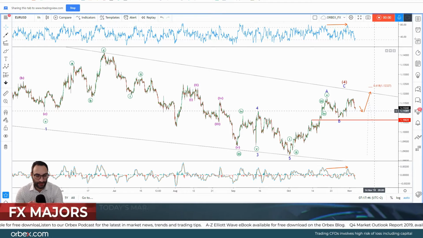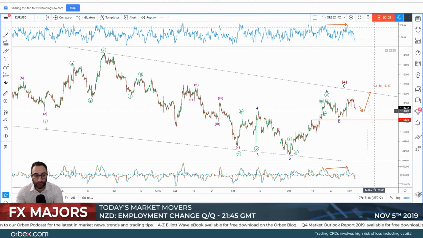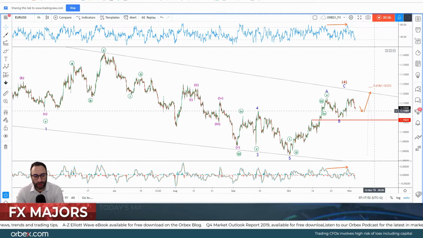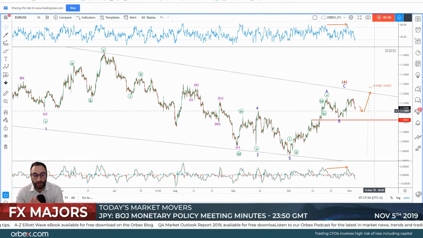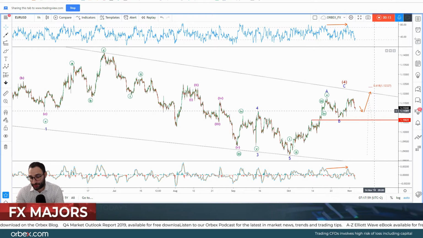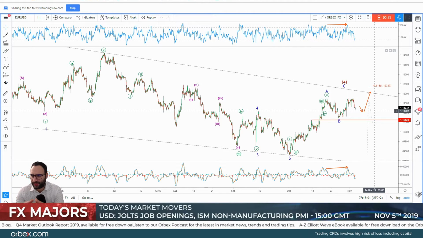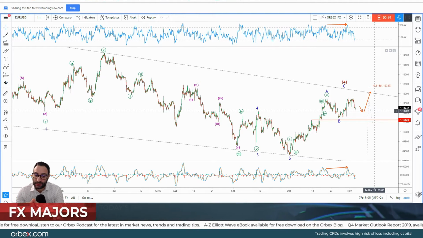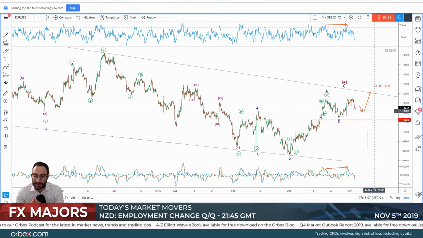Euro dollar fell yesterday. Actually, quite a few major pairs fell yesterday against the stronger US dollar, the greenback, on the back, of course, of last Friday's NFP. There seems to be optimism around US and China. That's why the Aussie was supported initially, but then yesterday it started falling as markets turned to the RBA's decision.